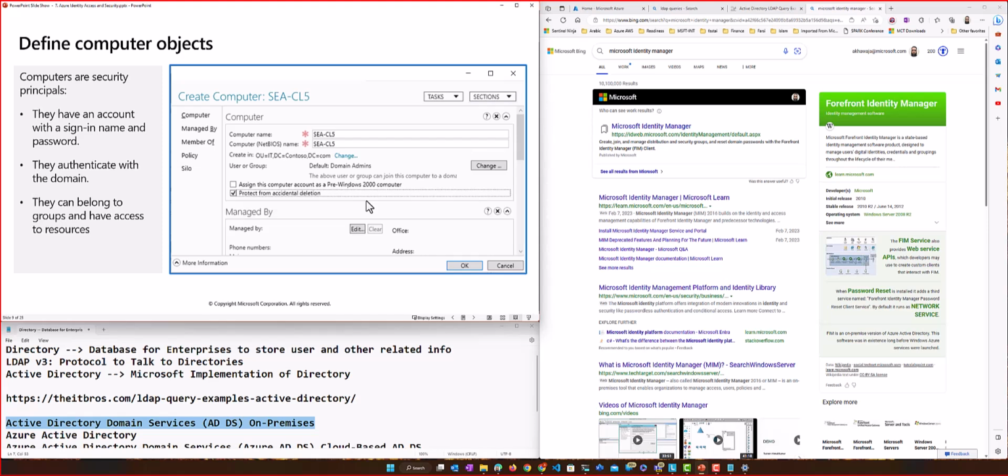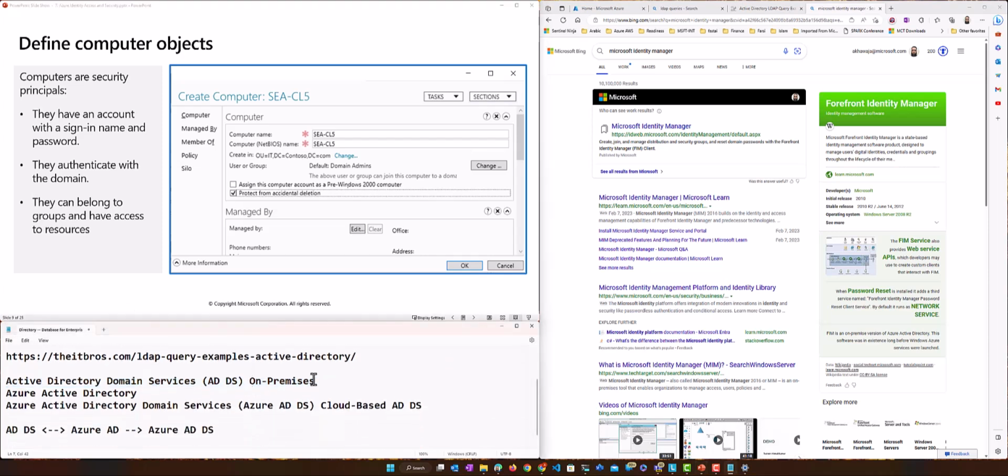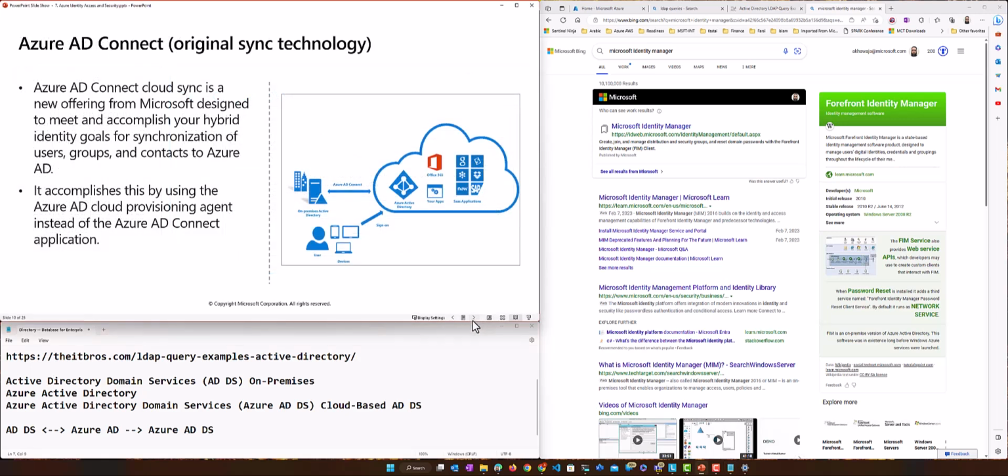On premises, and of course, now we will see what the differences are with the cloud directories, okay? But I'm giving you the background of where this whole thing started from, right? It started from Active Directory domain services, what we mentioned on premises, right? This is the starting point of everything. Now that this is done, we need to come to Azure Active Directory. Okay, now these things are done.